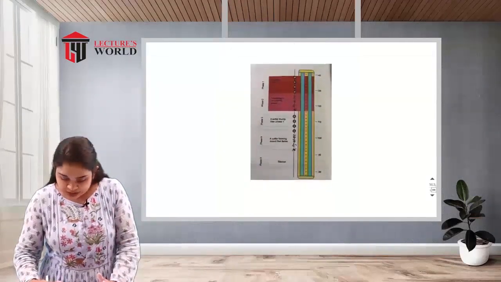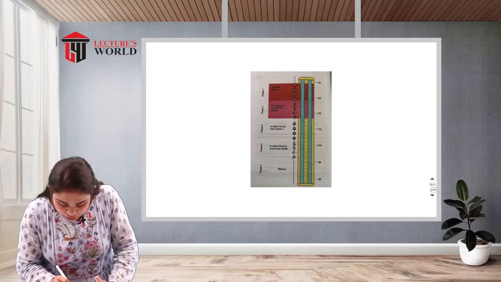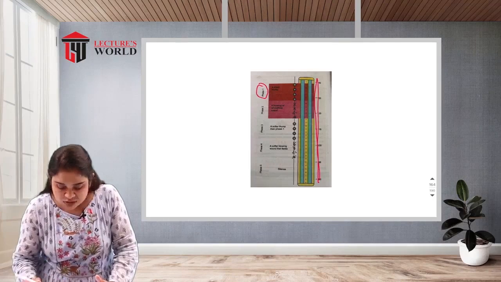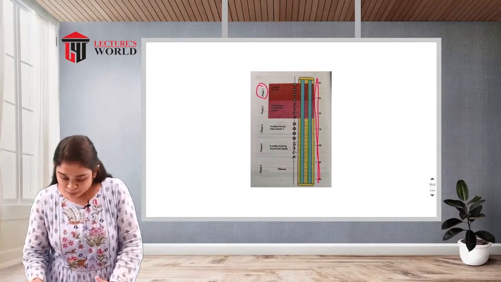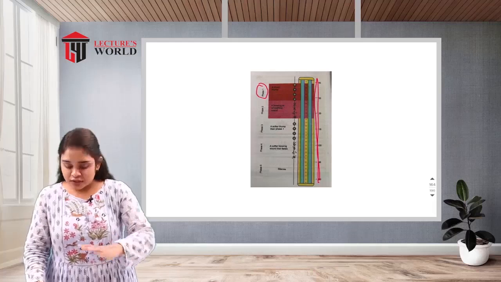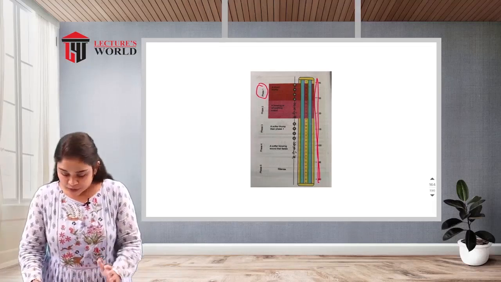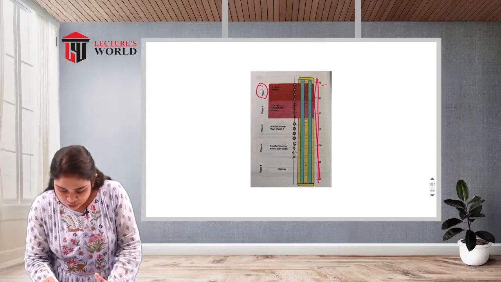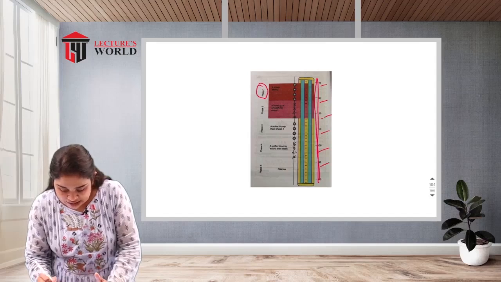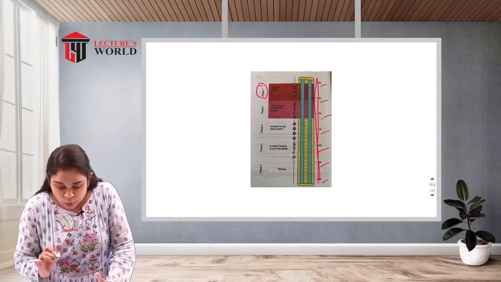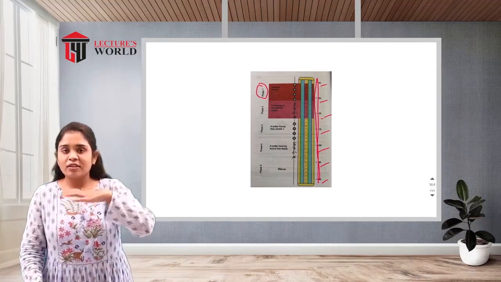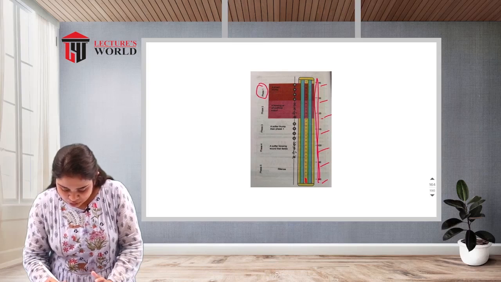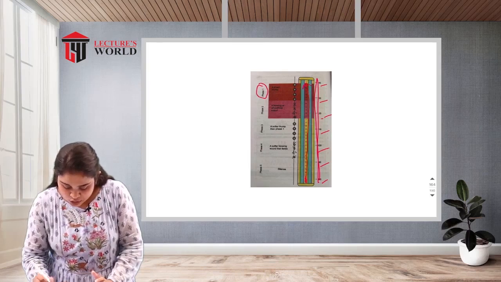Here one picture has been given. Here you can see phase 1, and this is the scale which you will be able to see on the sphygmomanometer. When we are taking the manual blood pressure, we will use the sphygmomanometer, and you will have a scale on it, showing 140, 130, 120, 110, 100, 90 and 80 like that. The mercury will be inside, between these marks, and it will go up. So that is the first phase.